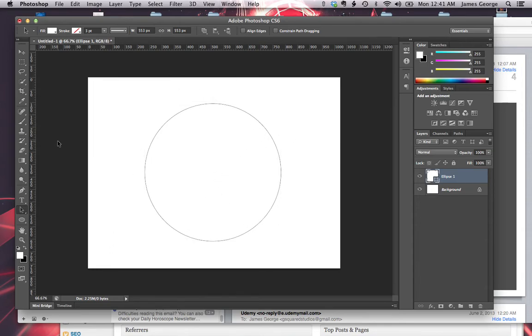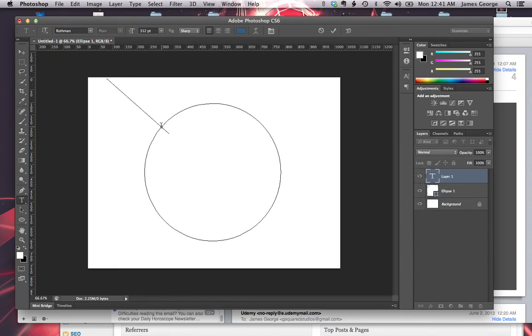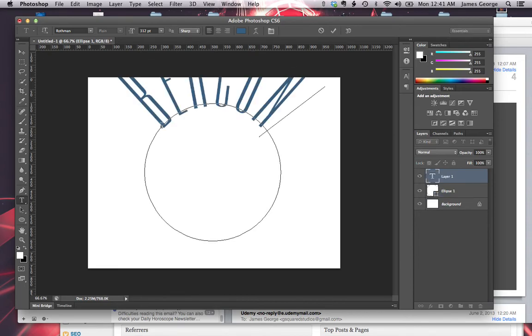We'll center that. We'll grab our text tool. If you're going to use your text tool on a path, when you hover over it, it will change to a little squiggly line. And so you click on that,